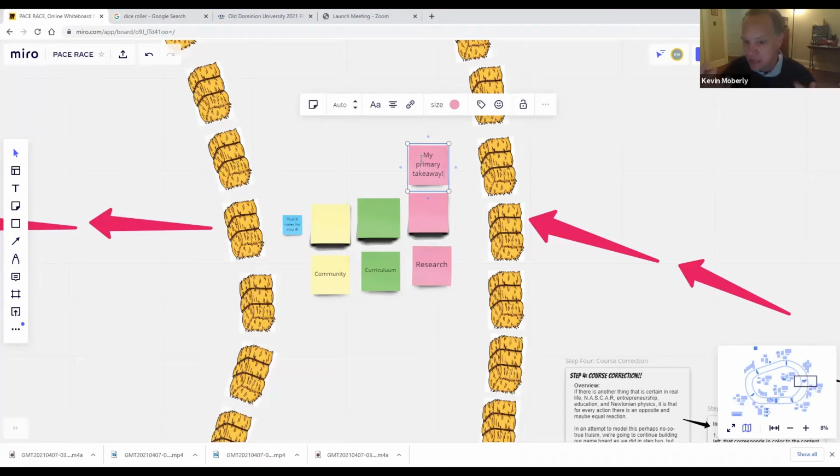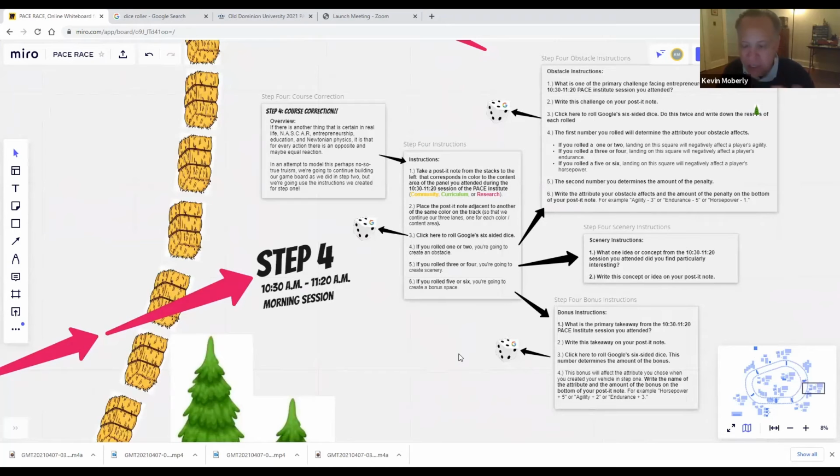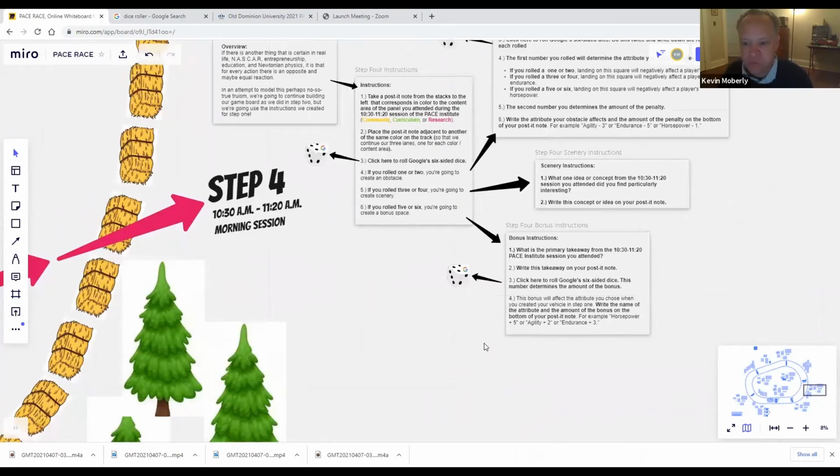So basically, if you take notes, what is the thing that really stands out in your notes? If you don't take notes, what's the thing you remember from the talk? Because again, you should be doing this ideally right after the talk, or maybe even during. So my primary takeaway, we've done that talk. Okay, so we're doing the bonus instructions, right? Takeaway. Click here to roll the Google 6-sided dice. The number determines the